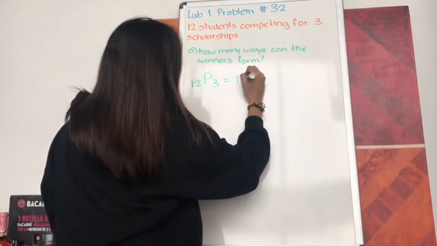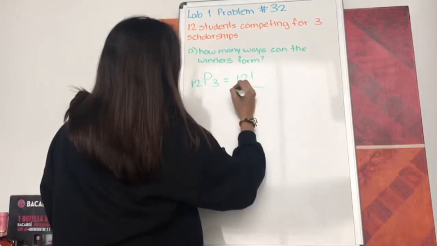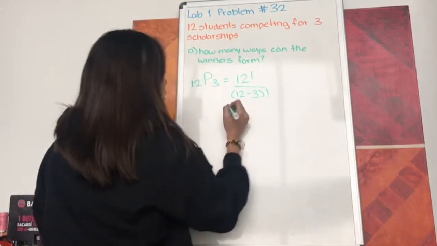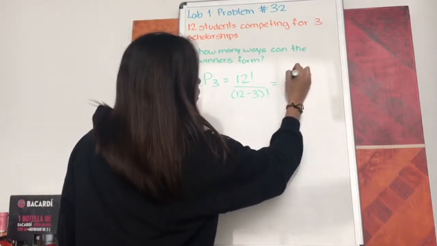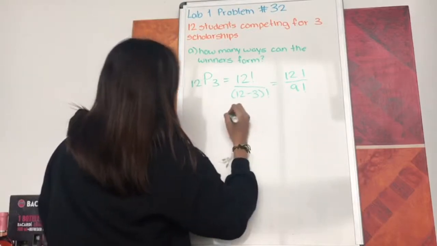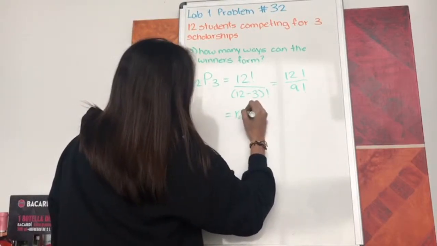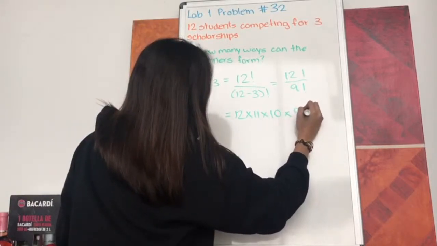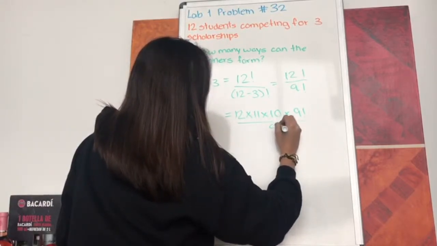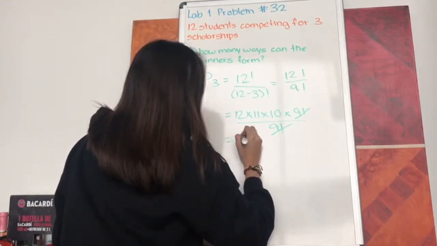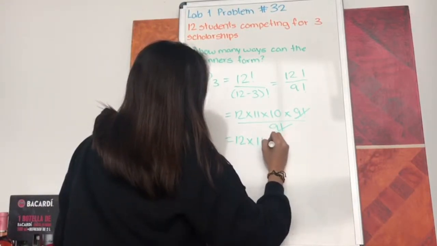So this is going to end up with 12 factorial over 12 minus 3 factorial, which means 12 factorial over 9 factorial. We can expand this to 12 times 11 times 10 times 9 factorial over 9 factorial, which we can then simplify, leaving us with 12 times 11 times 10,